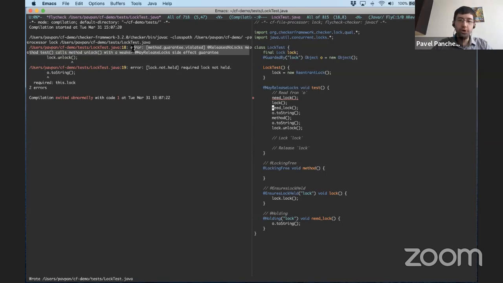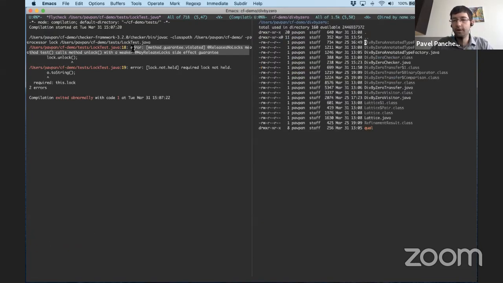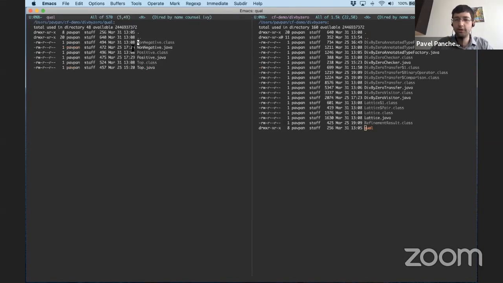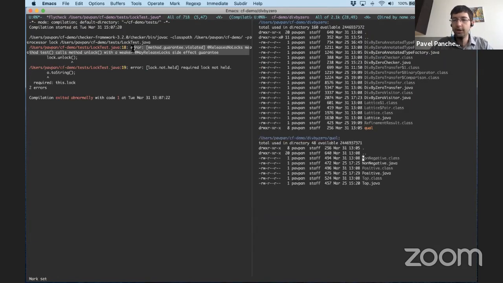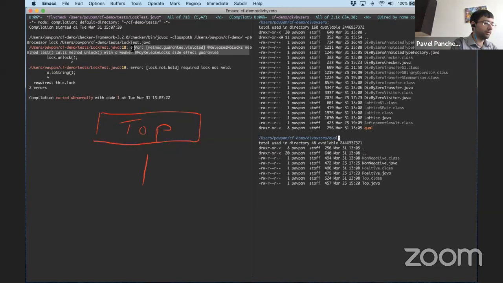Okay, in that case, I wanted to show you the guts of what one of these checkers looks like internally. So I've actually written a little checker called div by zero. This is going off a lot of code that Mike Ernst, the creator of the checker framework, provided. So thank you to him. Here you've got the full source code, and you can ignore all the stuff with .class. If you're not familiar with Java, that's stuff generated by the Java compiler. So the goal of the div by zero checker is to check that you don't have any divisions by zero. And the way it does that is with a pretty honestly dumb hierarchy of conditions that looks like this.